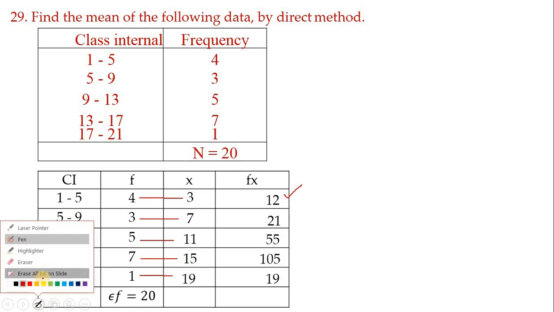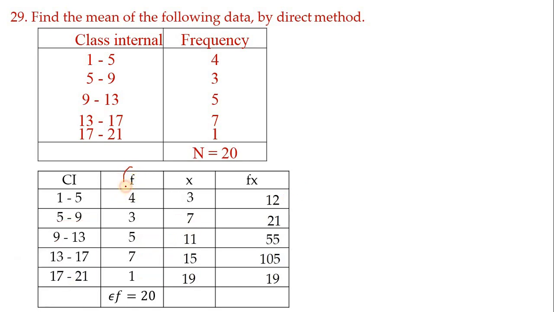And next, in the table, wherever f columns are there, here f is there and here fx is there. In fx, f is present. Wherever f is present, those columns we have to add. This is a clue for you. See, here f is there, hence we have added this. If you add f, we'll get sigma f. So sigma f is 20. If you add all these numbers, we'll get 20. Similarly, here fx is there. If you add, we'll get sigma fx. And if you add all these numbers, we'll get 212. Now the table is ready.